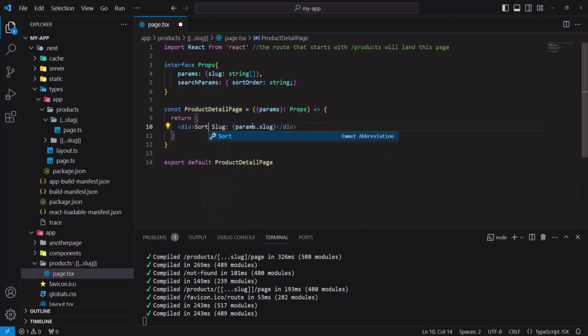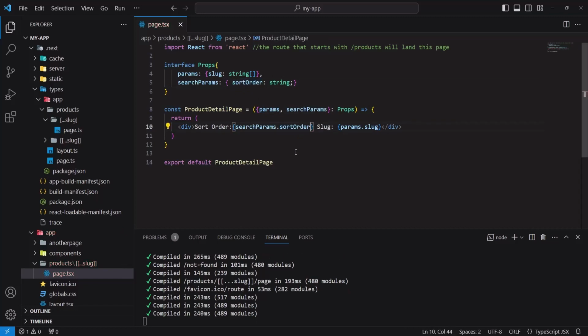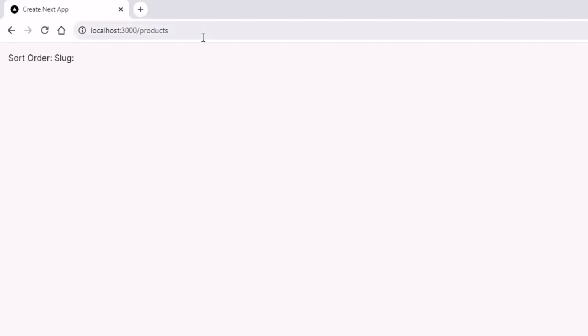sort order, which will be, first we have to add this search params in the function parameter. So let's add this, so search params, and then we can output the sort order here, search params dot sort order, and let's save this and browse the URL with